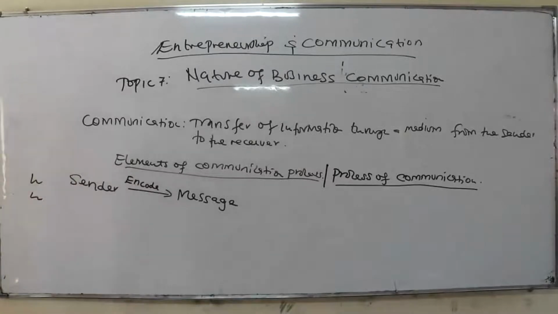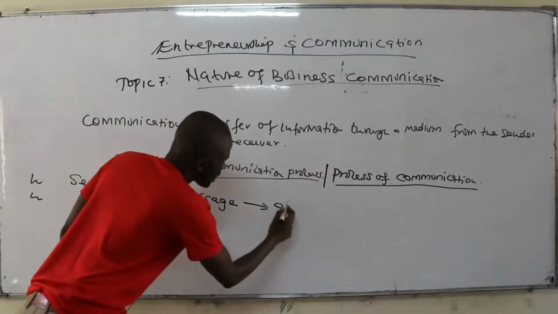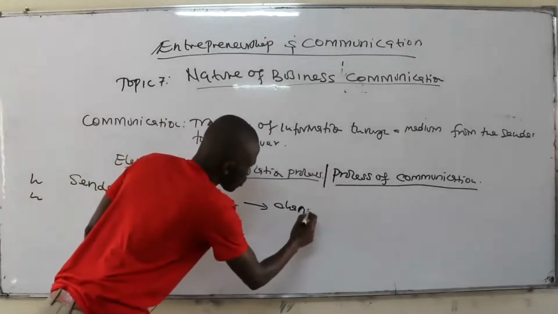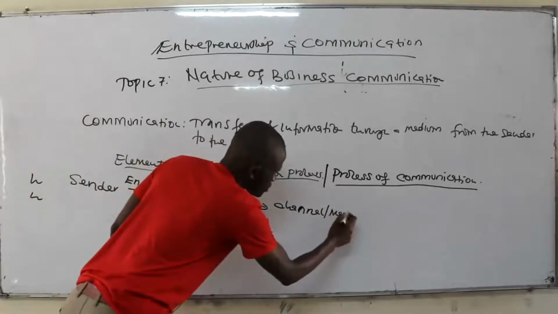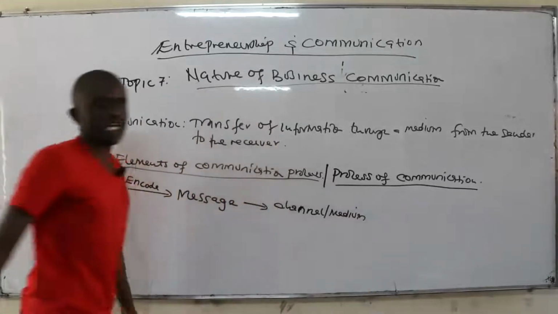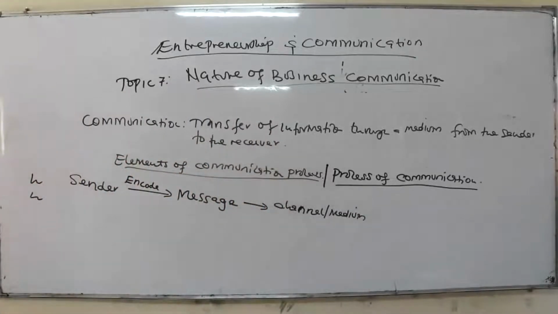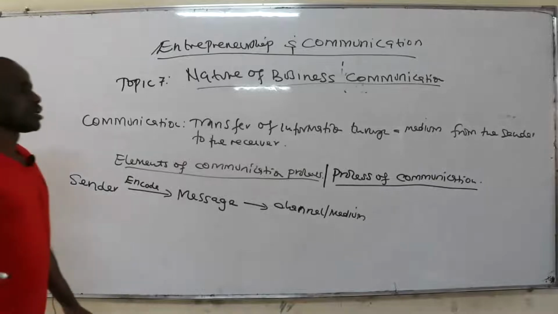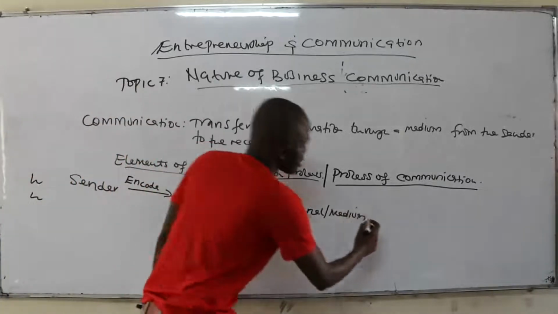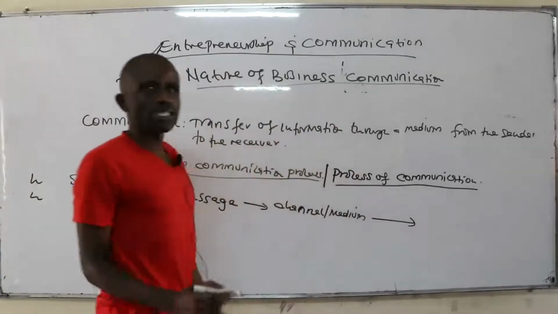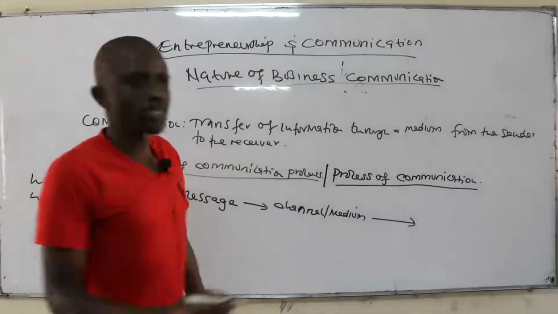He will encode a message, and then he will choose a medium, also called channel. Once he chooses a channel or the medium to transmit his message, then he will transmit that message to who? To the receiver,